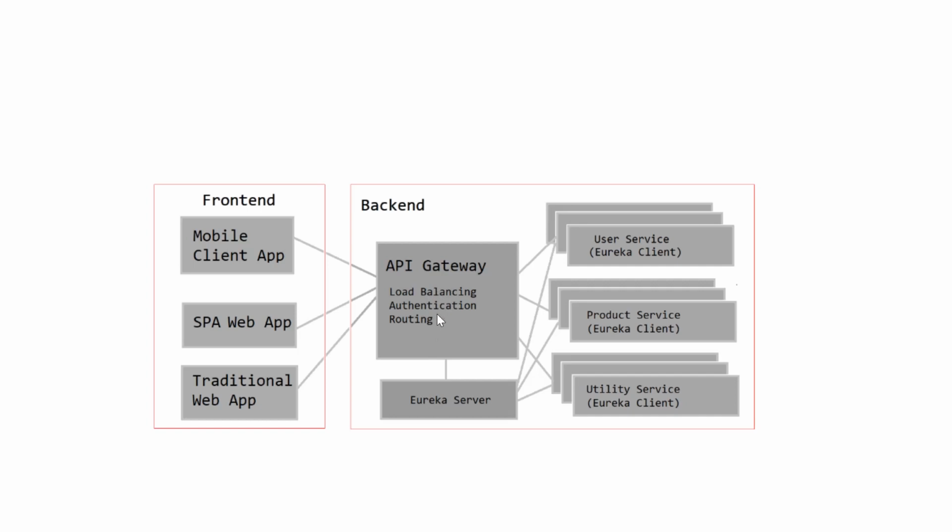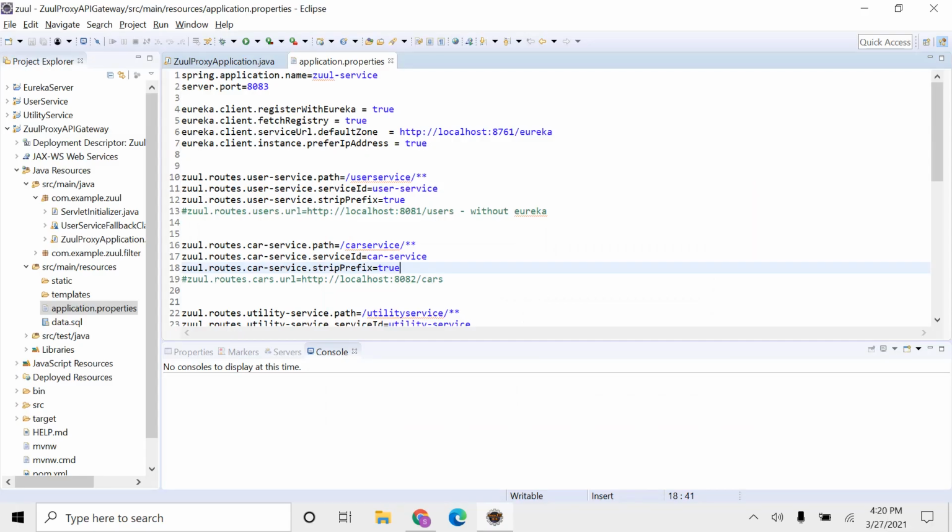First, we can see how to introduce routing into our API gateway. All the incoming requests have to go through this API gateway to reach the backend microservices. So what we do here is we create a path and a service mapping so that for each incoming request, the appropriate service will be identified by using the path information, and the request will be forwarded to that corresponding microservice. Let's go back to the application and see how to create this route mapping. We can create the mapping in the application.properties file.